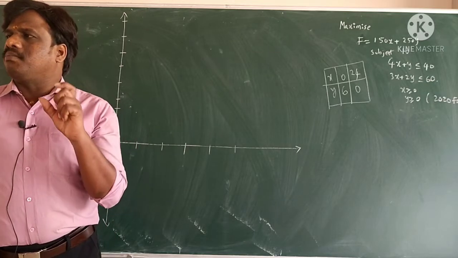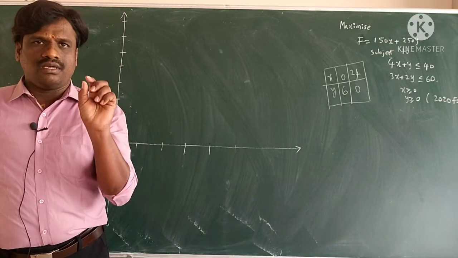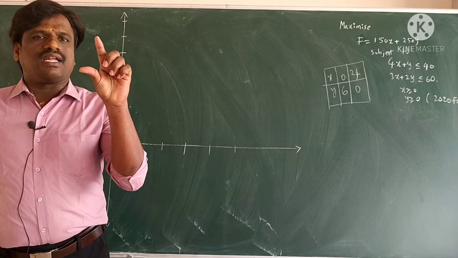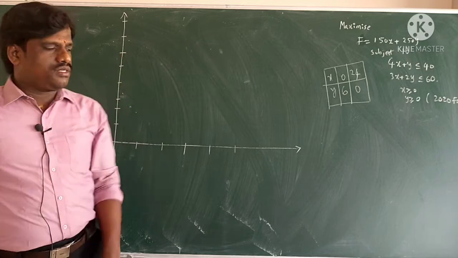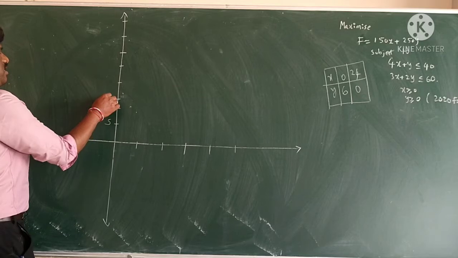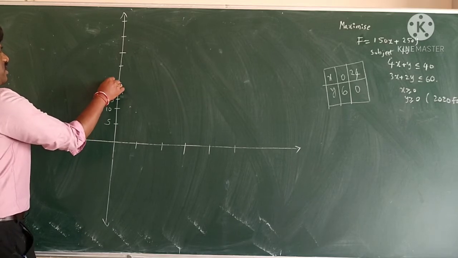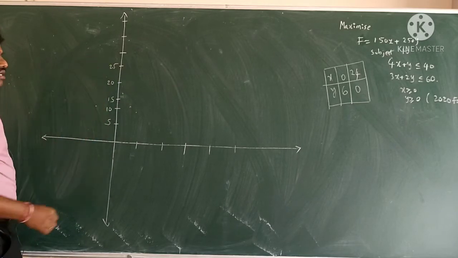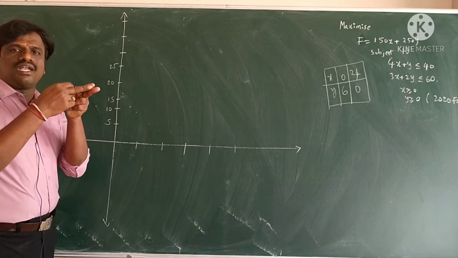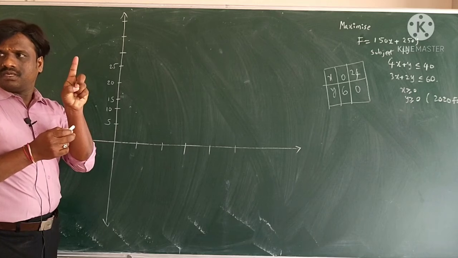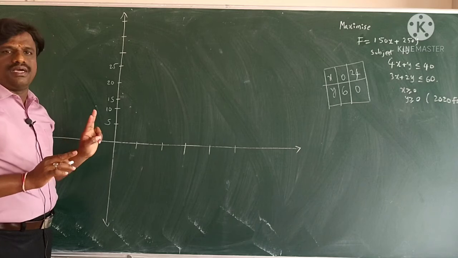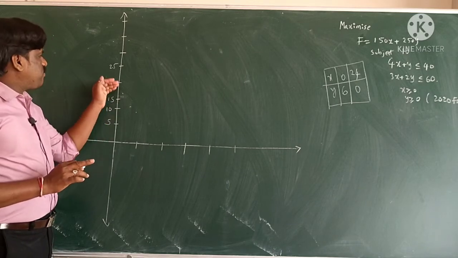See what I told you, listen. When you have big numbers, take a scale of 5. When you have small numbers, take a scale of 1. If the numbers are a little bigger, you can also take a scale of 2. So here, if you want to take 5, 10, 15, 20, 25. When you take a scale of 5, 2 small lines count as 1, so 10 lines make 5. So 5, 10, 15, 20, 25.